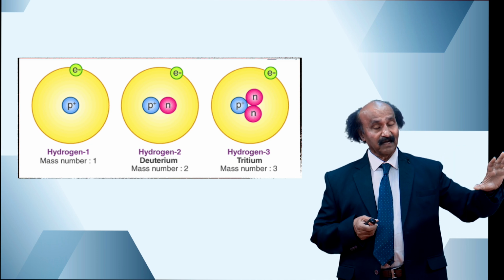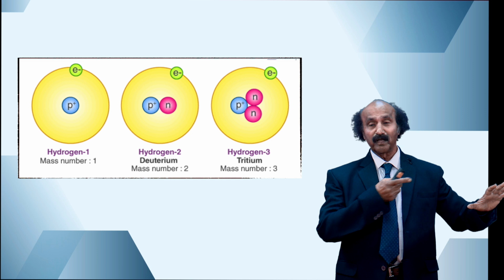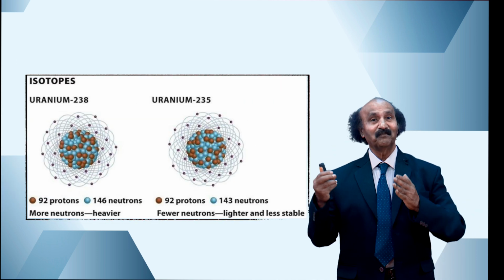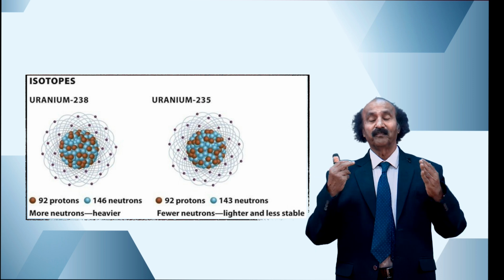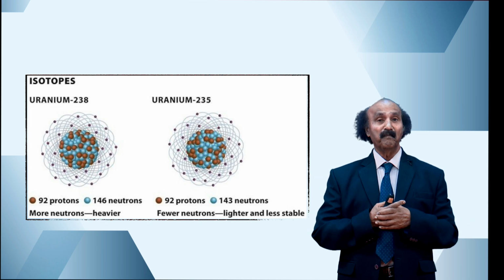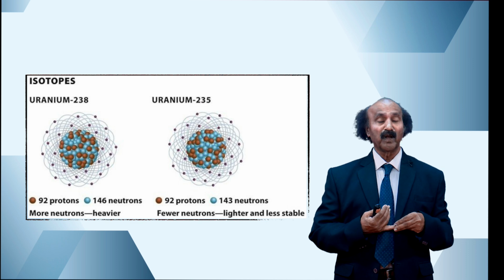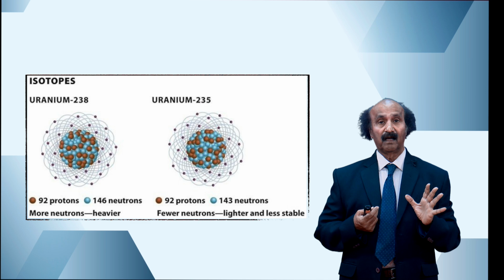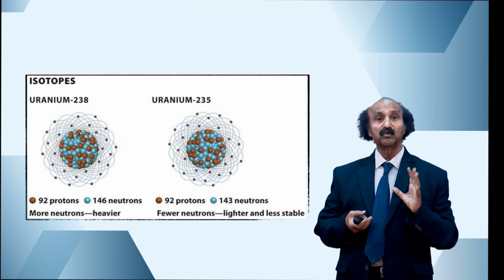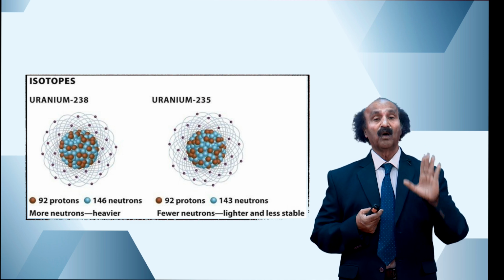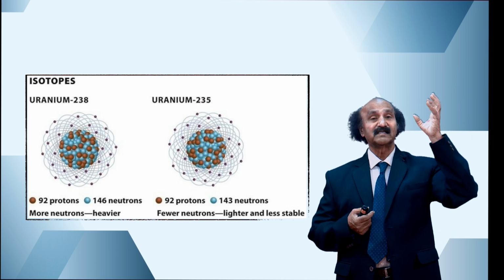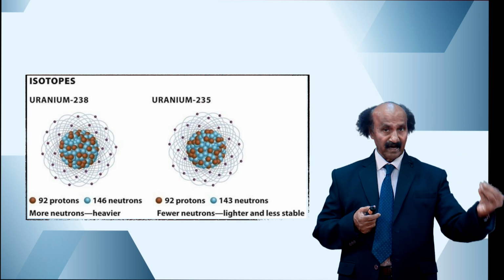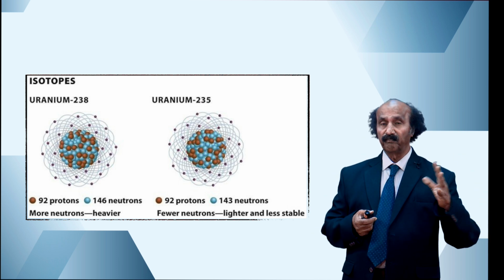This is about hydrogen. Keep going through all the rows and columns of the periodic table. Let us come finally to uranium. There are two types of major isotopes. One is uranium-235, the other is uranium-238. Out of this, uranium-235 is the most important, which is a fissile material, which is used for all nuclear reactors and also for the atom bomb.